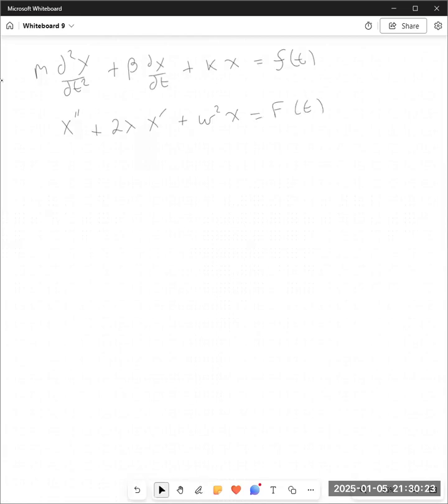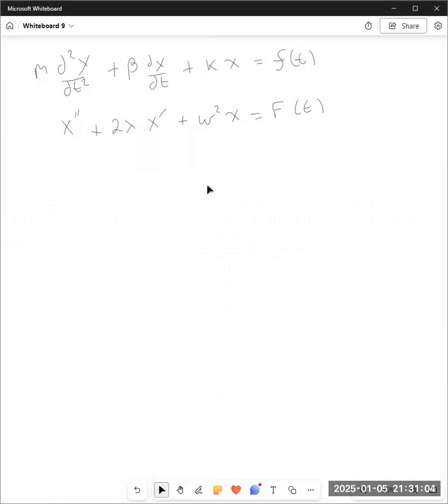once we divide everything through by m. And then we're going to be able to solve that with our methods that we've already used for homogeneous, but we're going to have a longer process here where we have a complementary and a particular solution. And we're going to use our methods of undetermined coefficients, whether that be the superposition principle or the annihilator approach, or you can use variation of parameters, even though I won't be doing any problems where you need to use that